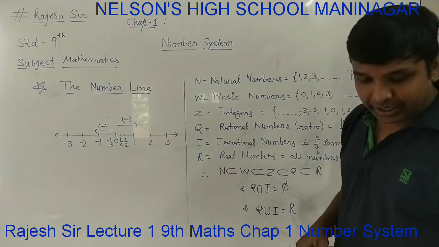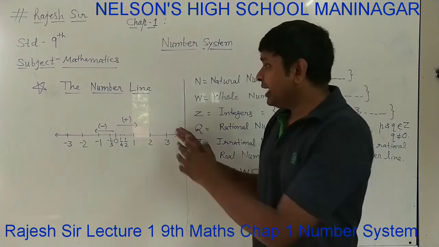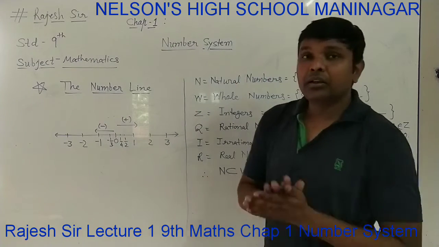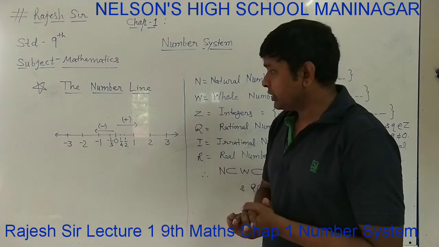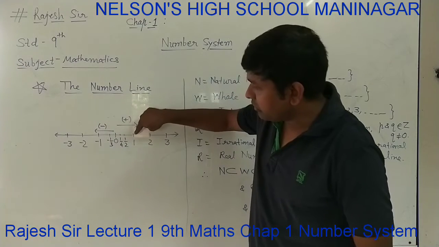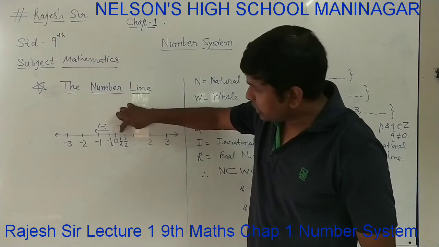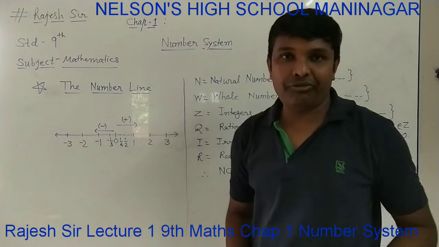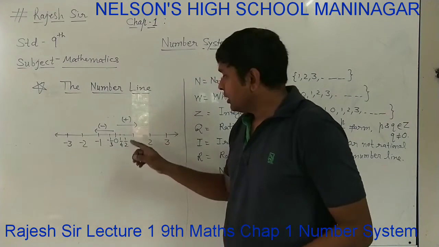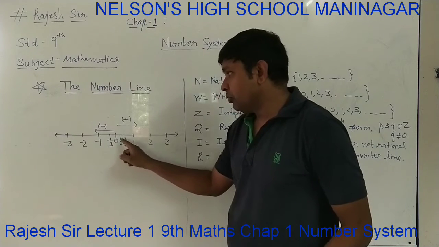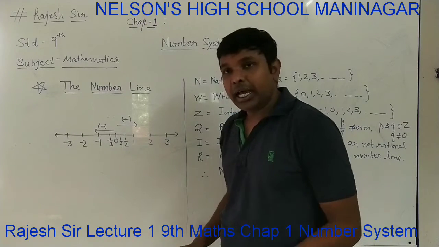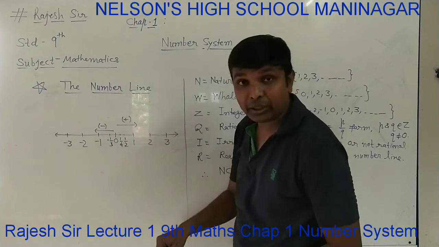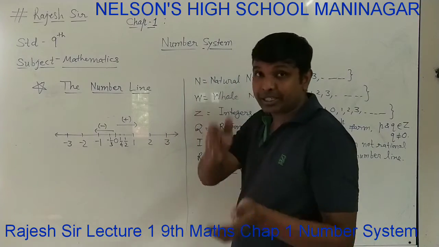Now, what to understand more about it is that on the number line we are showing just these numbers 1, 2, 3 and -1, -2 and 0. But if you see very clearly, between 0 and 1, at the middle, which number will be there? 1 by 2, because the middle of 0 and 1 is half, 1 by 2. Similarly, between 0 and 1 by 2 one more number we can denote, 1 by 4, and if we go on this way we will get between 0 and 1 by 4, 1 by 8 also, and between 0 and 1 by 8, 1 by 16 also.